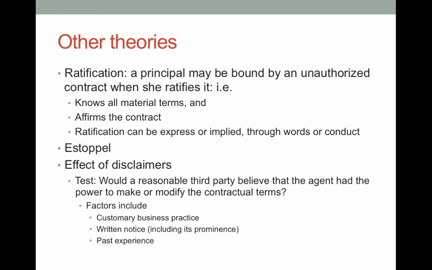Now, the fight is between the store and the bank. Who's the victim here, the store or the bank? The answer is, well, they're both victimized by this thief, but the thief is long gone. What are we going to do between two innocent parties? What the store was asserting is that although this manager was an agent, he did not have authority to do this. Remember, the store will be bound as long as the employee had authority. So they're saying the employee did not have authority to do this. He certainly had no actual authority. Did he have apparent authority?